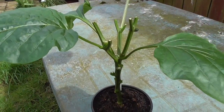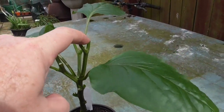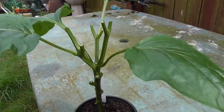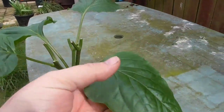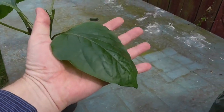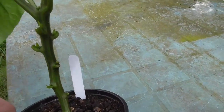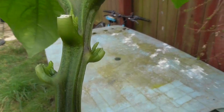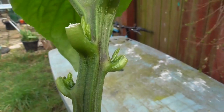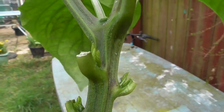but I followed the guys on UK Here We Grow, and basically you remove a lot of the lower leaves, chop it out at these forks, remove all the fruit, and leave about 4 or 5 of the good leaves. And as you can see, these leaves are massive, they almost cover my hand. So it is a healthy plant, and as you can see, if I can get the light on it, there you go. You can see that there are new leaves starting to come from the joints,